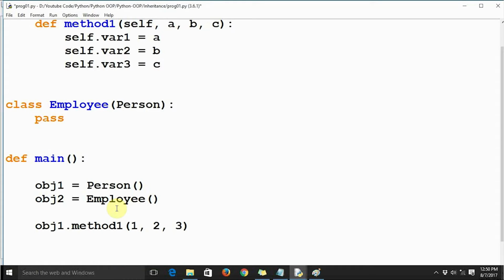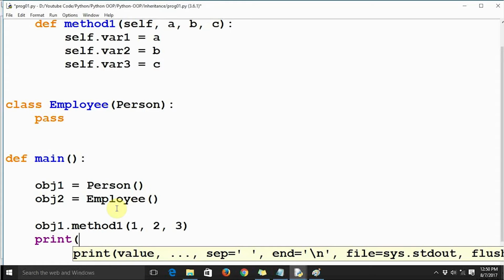Then we are going to say print obj1.var1, and we are going to print the same stuff again and again.